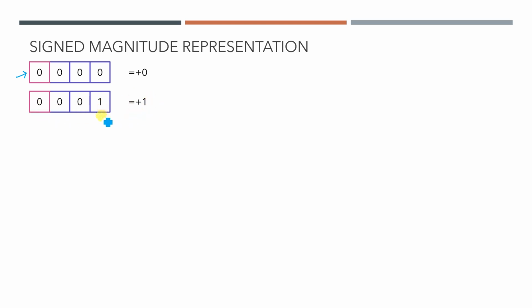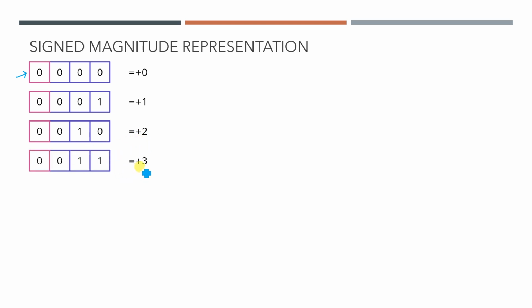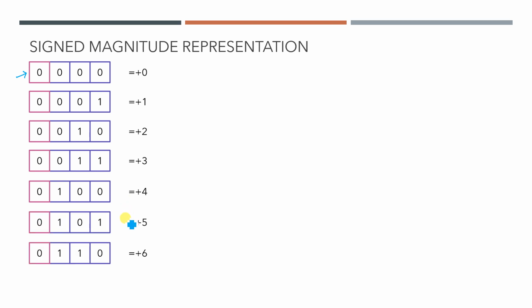Sign bit is 0. So again 0 1 0 means this represents 2, and sign bit is 0, that means it is plus 2. Similarly for plus 3 this will be 0 1 1, sign bit is 0, and for 1 0 0 the sign bit is 0, then the value will be plus 4, 5, 6 and 7. So this is how you are going to represent.